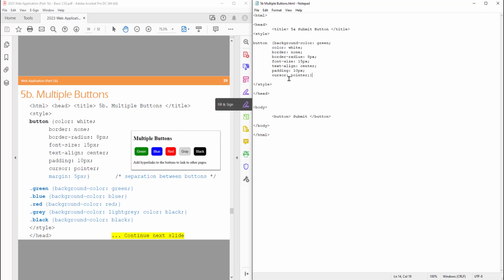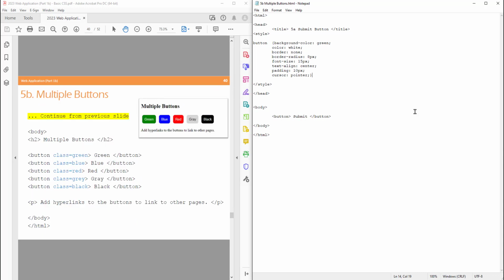So we are going to define a few buttons. Let's talk about the button itself first. We have the button. Okay, let's put a header H2, Multiple button, and then close the header H2. Okay, originally we have one button and it is green. And let's call this button green. Okay, let's define a few other buttons. We have a green button,